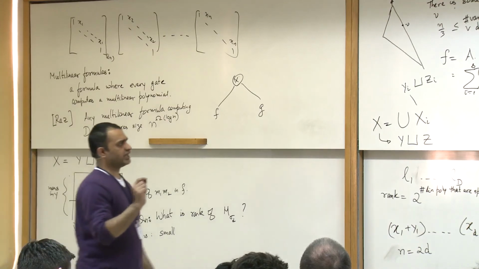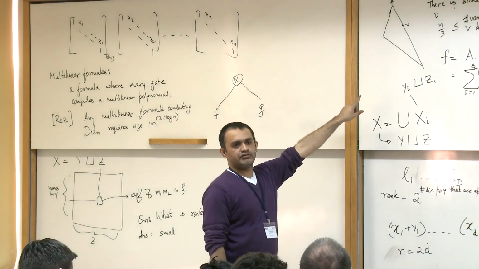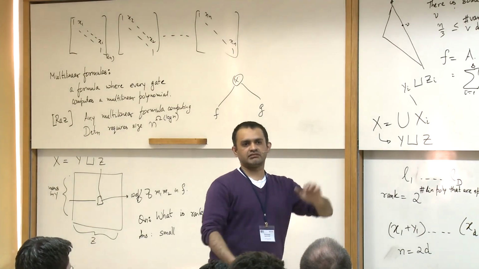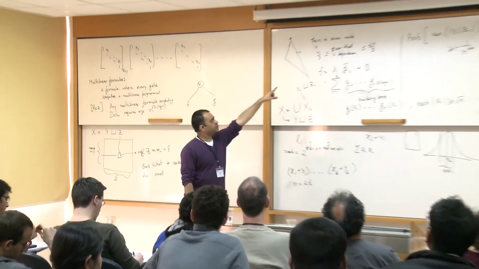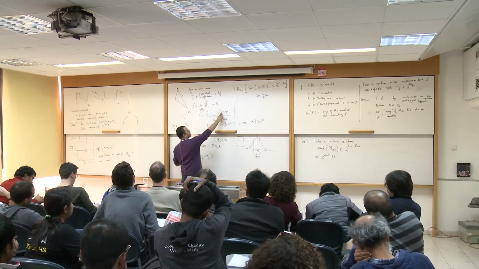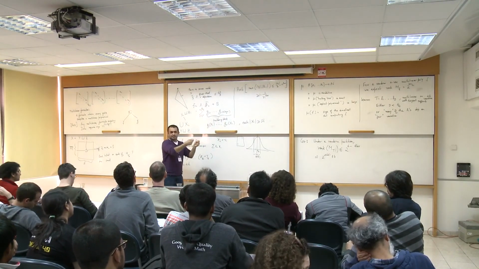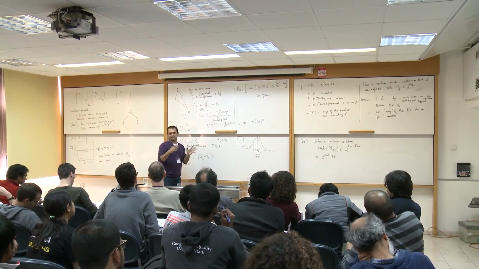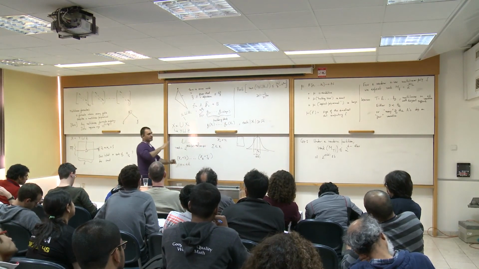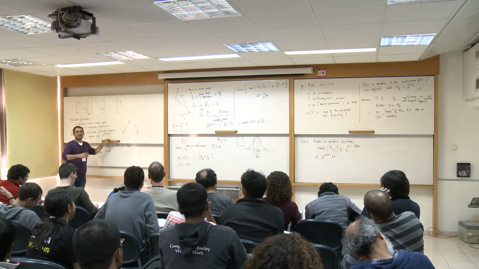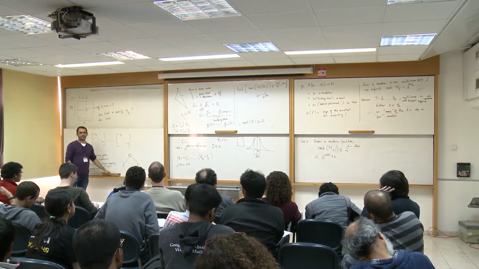And just to say a little more, instead of multilinear formulas, suppose you want to prove lower bounds for just multilinear depth 10 formulas. You can improve the log product to something like n power 1 over 10 product. And then the union bound will get better, so you will get better lower bounds. But even for all these things, the measure that is used is basically the rank of the partial derivative matrix under a random partition.